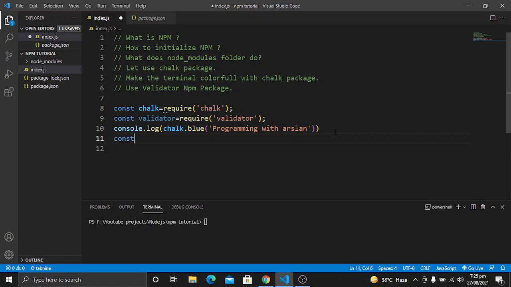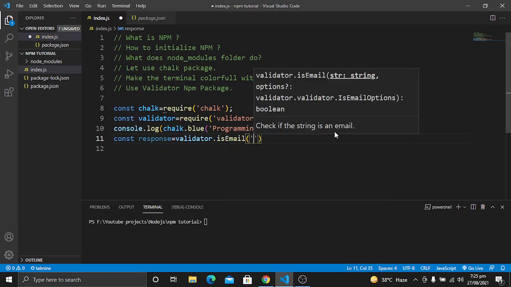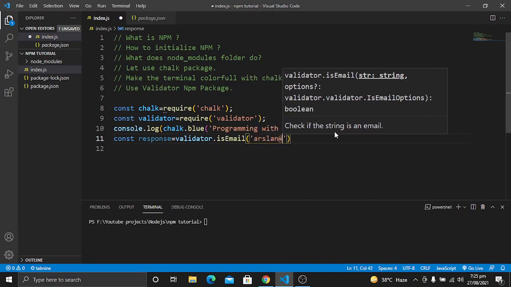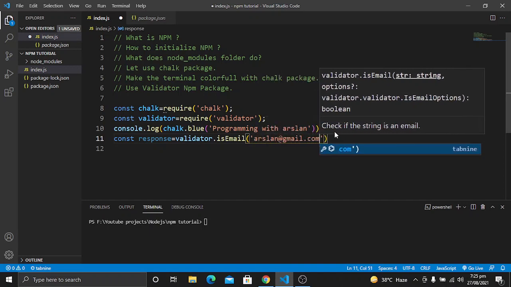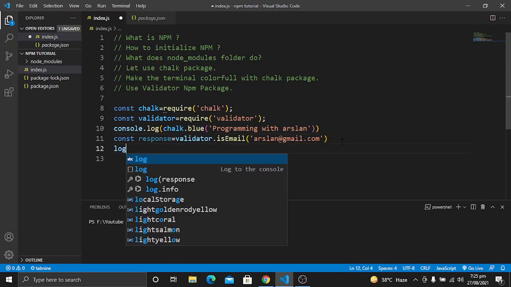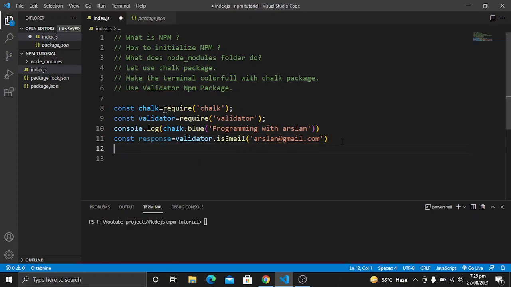For this I will create a variable with the name of response, and then we will use validator.isEmail, and then we will pass the email, such as Arslan@gmail.com. Now let's console.log the response, and then in the terminal it will show us what is happening. So run the code again.